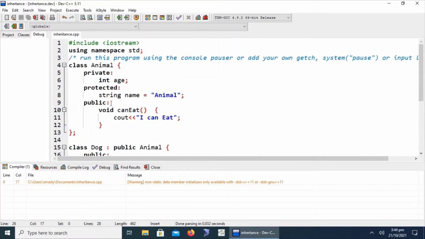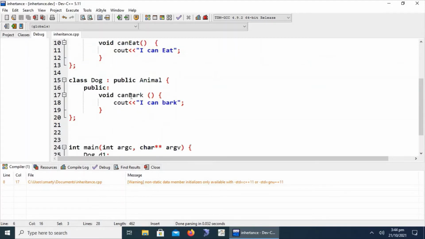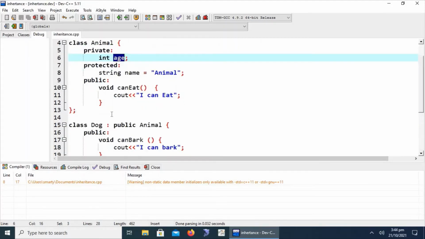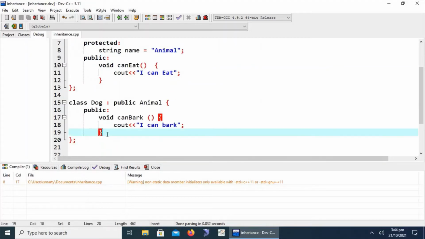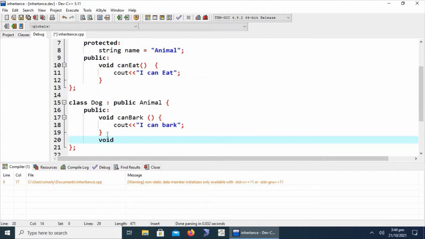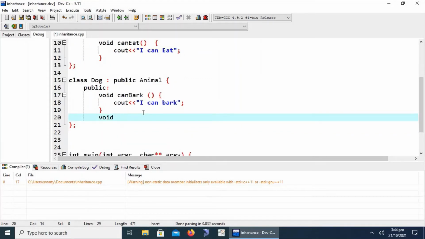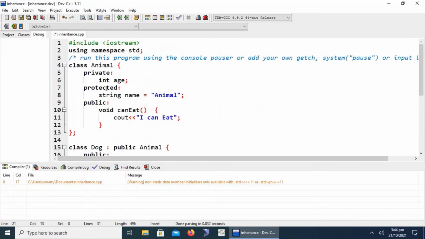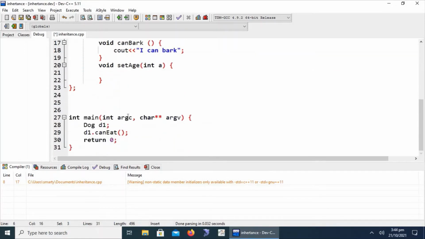Now we have to check whether this age is accessible inside the child class or derived class. We are going to create a new function named set age, with a parameter a. We are going to access this age attribute in our derived class, and in its public function age is equal to a.